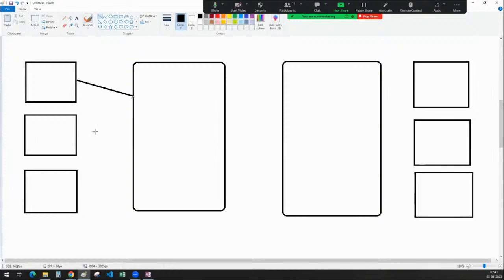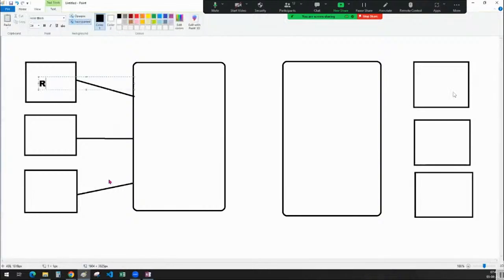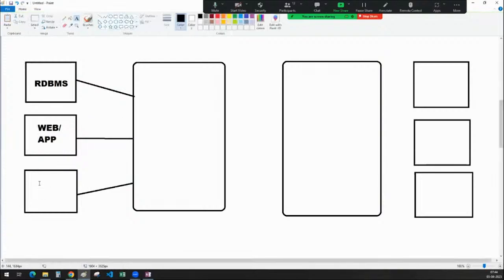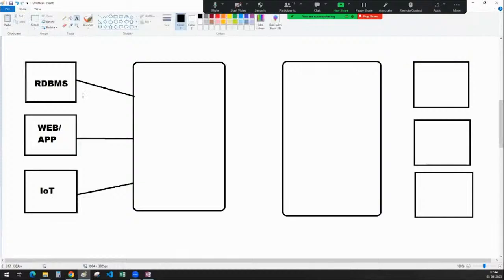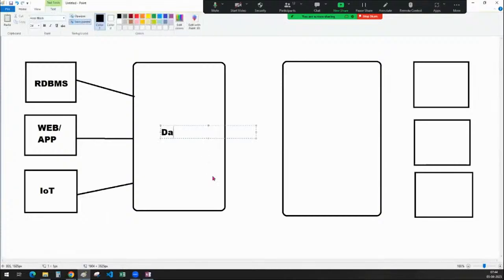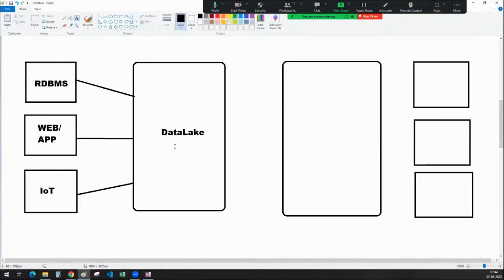If I want you to understand clearly, here data will be first ingested into the data lake. So the source can be an RDBMS. It can be a web server or an application, guys. Or it can be a CSV file from an application, or IoT data from an IoT application. So you get data from multiple data sources. You try to ingest the data into the data lake. So this is your data lake, guys. You ingest the data into the data lake, and once you have the data in the data lake,